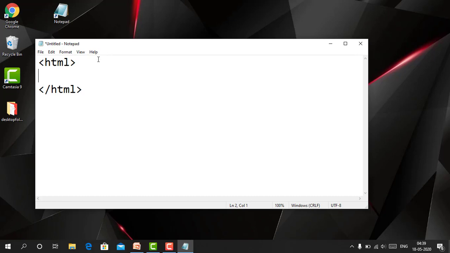After that, we want the output on the web page to be hello world. That means on the web page we have the two words hello world in the body section. So we open the body section by writing body in angle brackets, and we close the body tag.